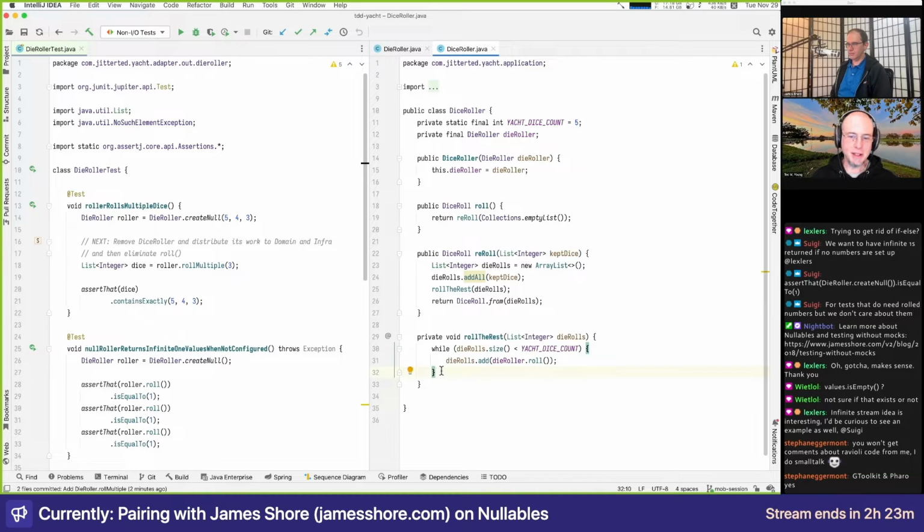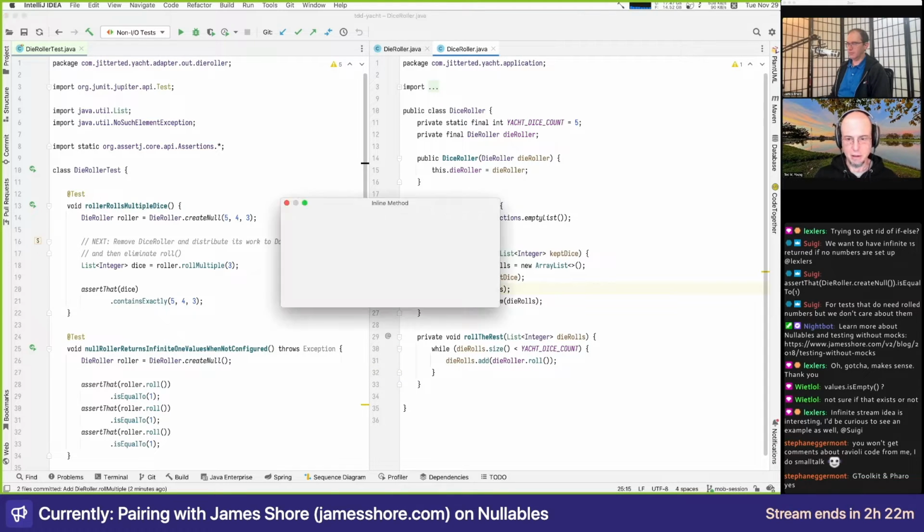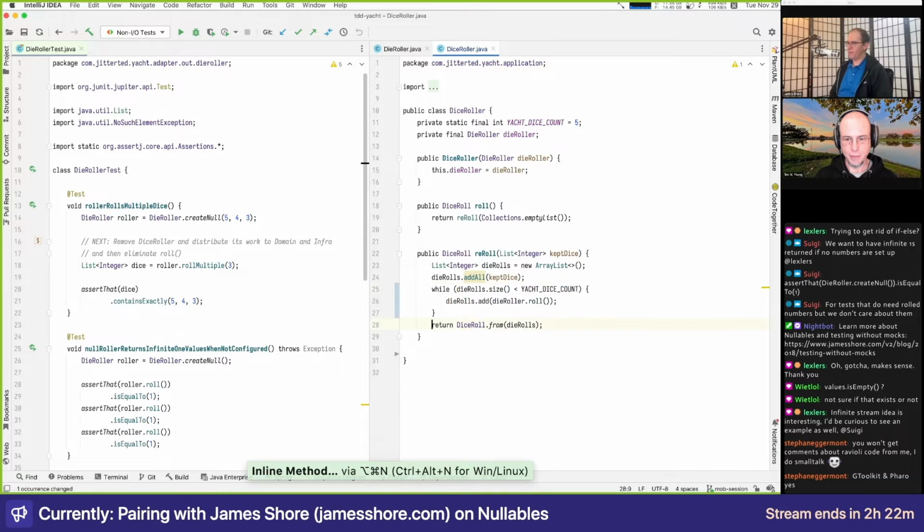So this method is interesting. The whole thing is interesting. So reroll's empty. So assuming that works, then reroll list kept dice. So then roll the rest. So I'm going to inline this. Okay. And then